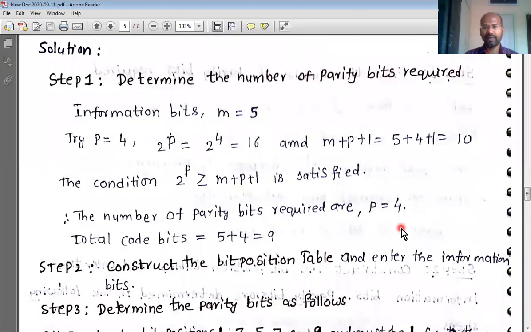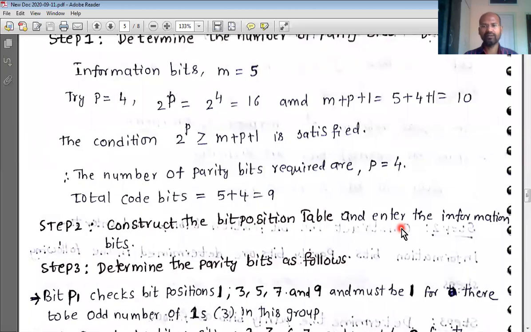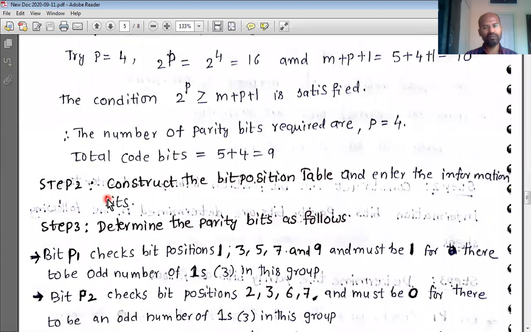So there are 5 message bits and there will be 4 parity bits. Totally, how many bits will our Hamming code have? 5 plus 4, which is 9. So our Hamming code will have 9 bits. Out of 9, 4 are parity bits, and the remaining 5 are actual message bits. Next, once we have found the number of parity bits required, the next step is to construct the